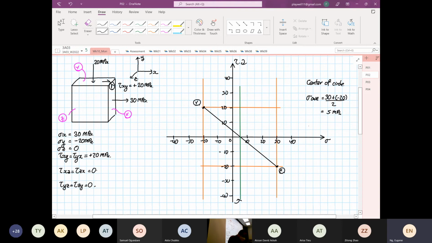Next, we're going to calculate the radius of the circle. So our tau max is the square root of 25 squared plus 20 squared, which is 32.015